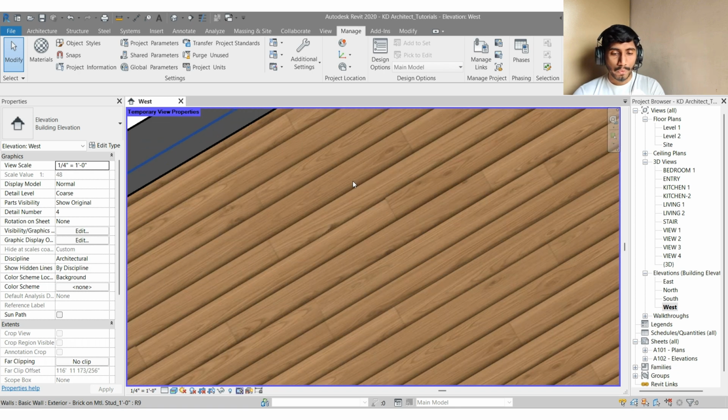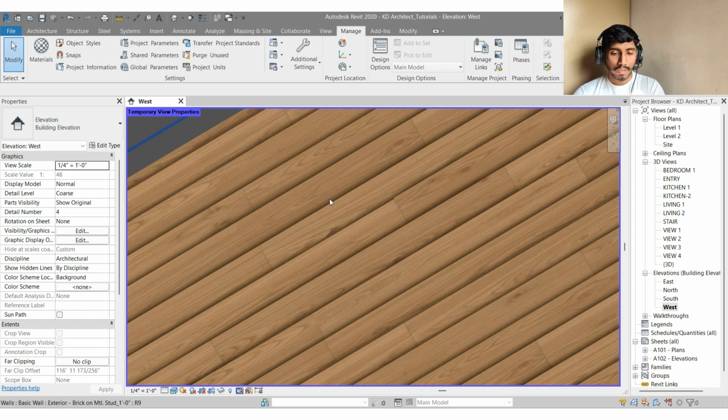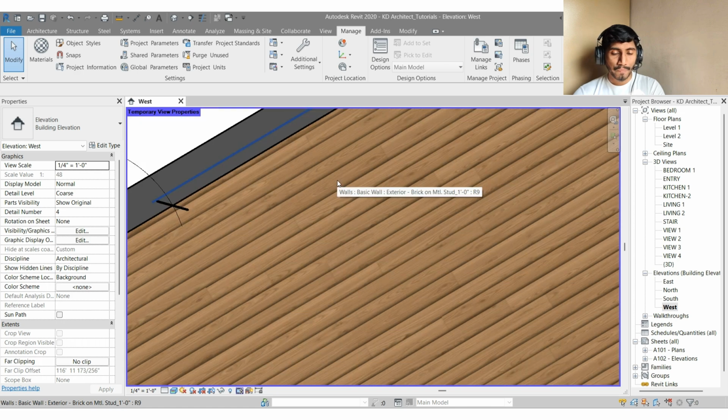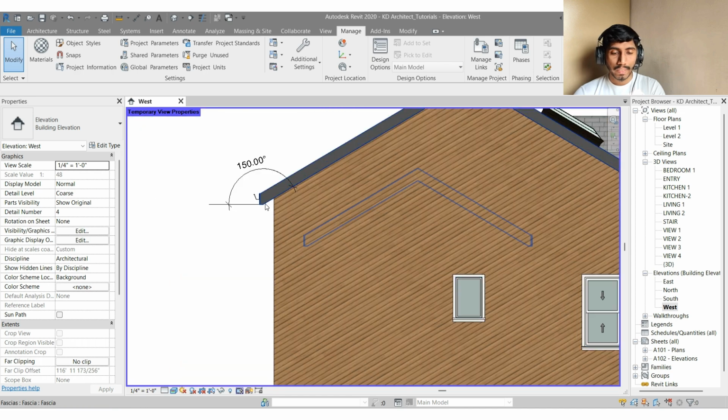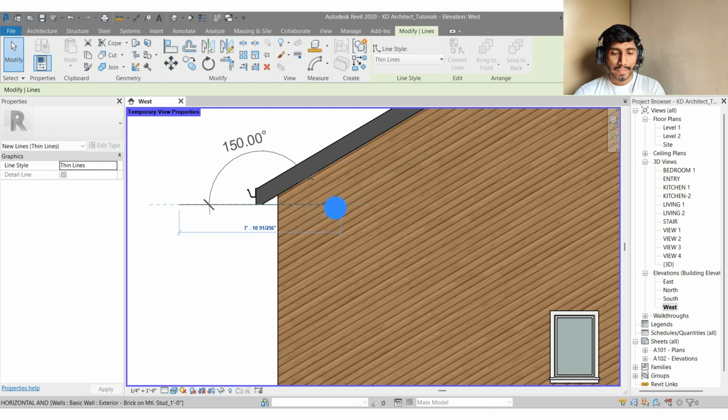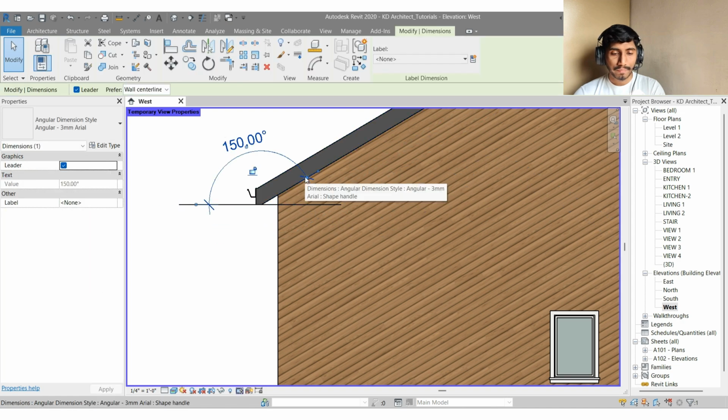If you observe one thing over here, it's in a reverse position. So this one is wrong, and we need to rotate it again. Okay, so if we measure the angle from here,